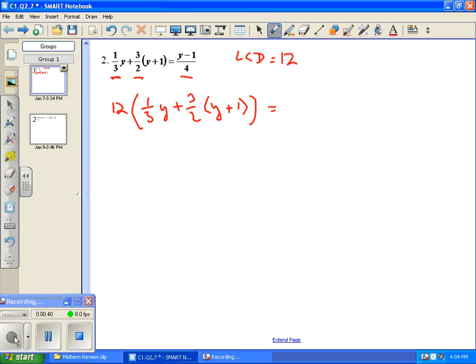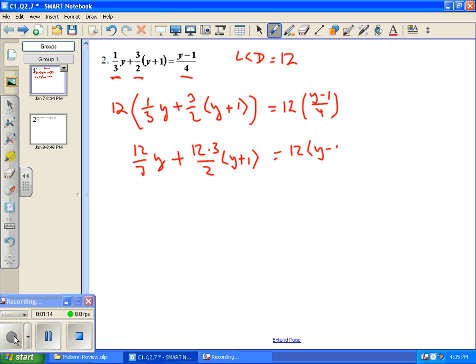So multiply both sides by 12. So we're going to distribute this. Now I'm putting in a few additional steps. You might be able to skip a couple of these steps. But we're going to distribute the 12 to each one of the terms. So we have 12 times y over 3, plus 12 times 3 over 2, times y plus 1, equals 12 times y minus 1